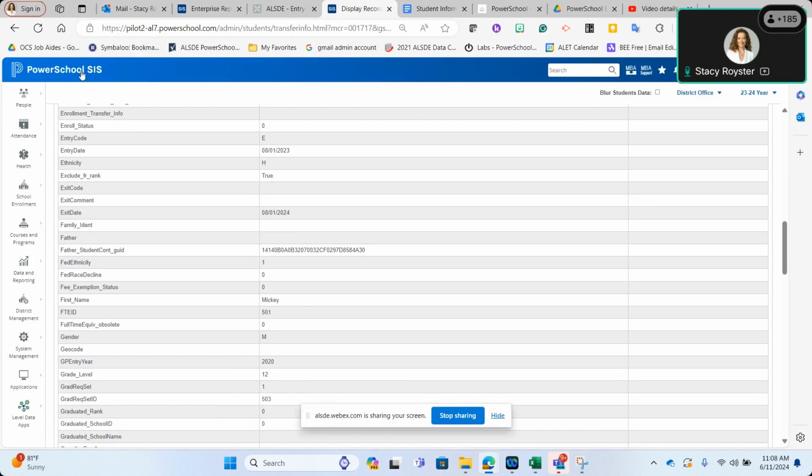Is that correct? Well, you can search, and there are quite a few reports out there. I know there's a really good free plugin from MBA, an enrollment audit plugin, that will tell you if you have kids with the wrong FTE ID, point them out to you and tell you what it should be. But if you realize that the FTE ID for this student is 501 and it should be 307, then what you would do